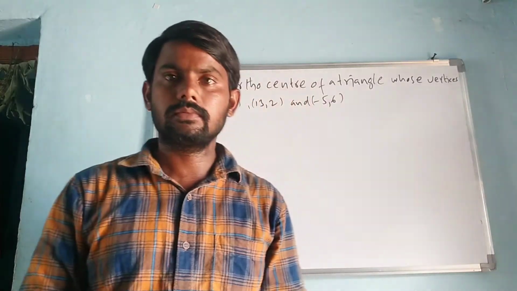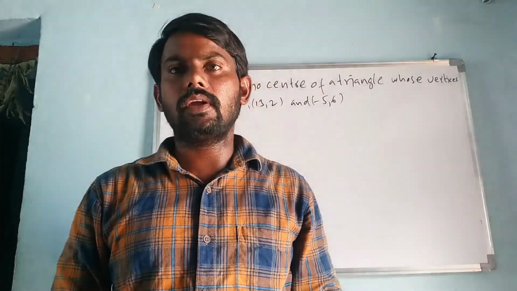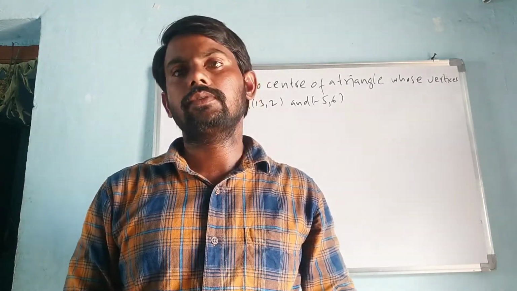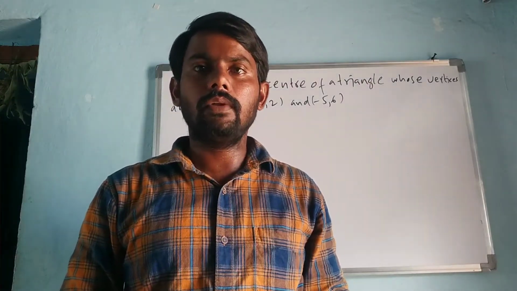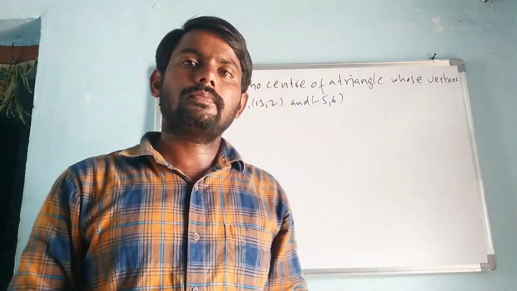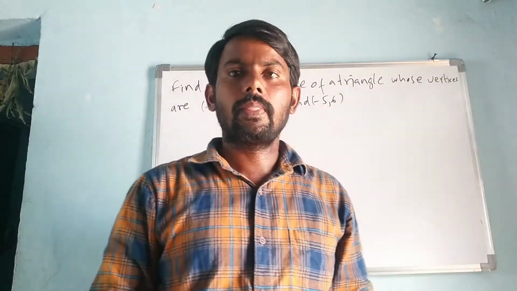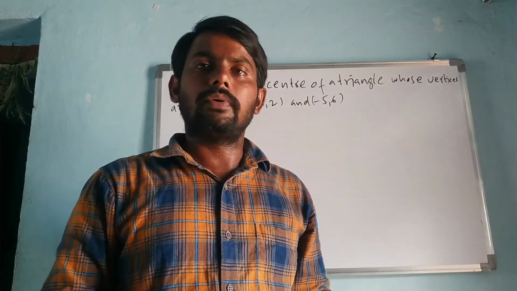Good morning, students. In the previous classes, we learned the definition of congruent lines, or when we say two or more lines are congruent, and some properties related to triangles. Today in this class, I'm going to teach you how to find the orthocenter of a triangle when the three vertices of a triangle are given. This is an important question and an important concept: how to find the orthocenter of a triangle when the vertices are given. So let us learn.